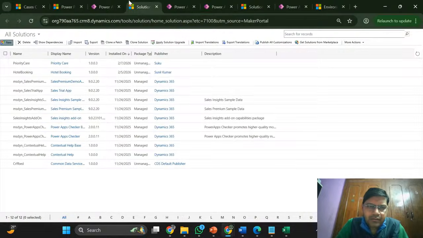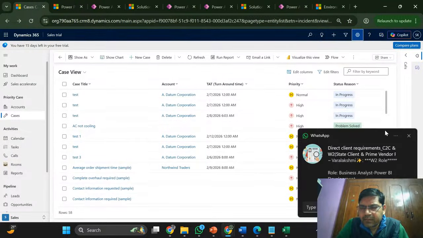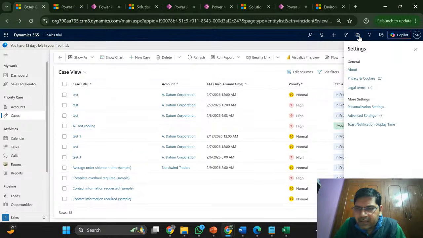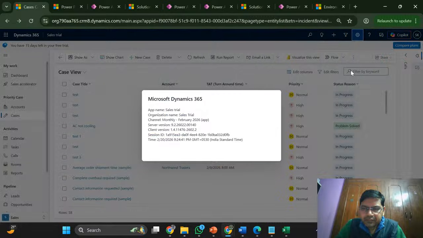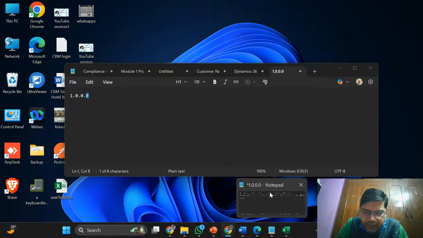Maybe you can check this particular version from, where can we see that version? About. Here you can see the server version is 9.2 point. Those are very big numbers. If we check here,